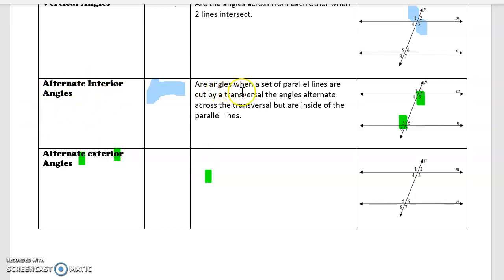They are the angles when a set of parallel lines are cut by a transversal. The angles alternate across the transversal but are inside the parallel lines. They're still going to alternate across the transversal, except this time they're going to be on the outside of the parallel lines. So these are angles